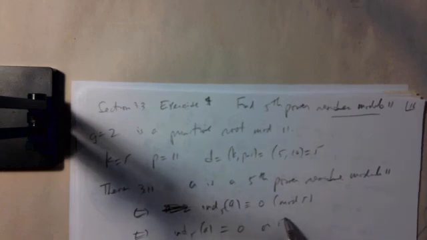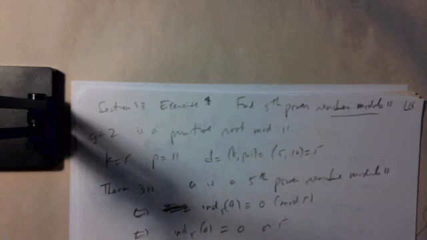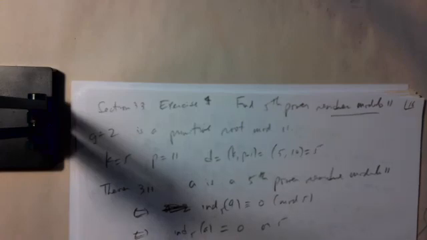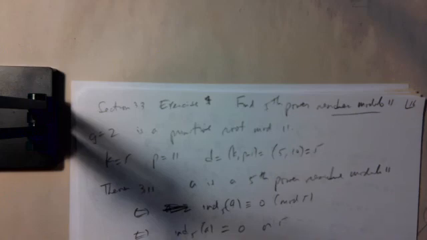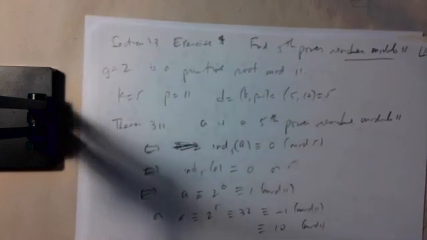Is 0 or 5. So A is either 2 to the 0, which is 1 mod 11, or A is 2 to the 5th, which is 32, which is minus 1 mod 11, or 10 mod 11. So the 5th power residues modulo 11, that is the only numbers whose 5th powers are 1 mod 11,